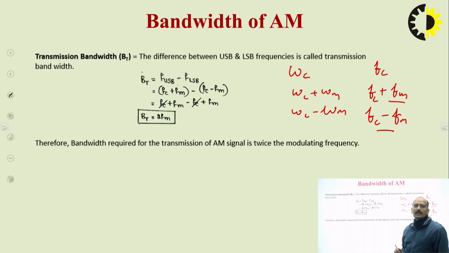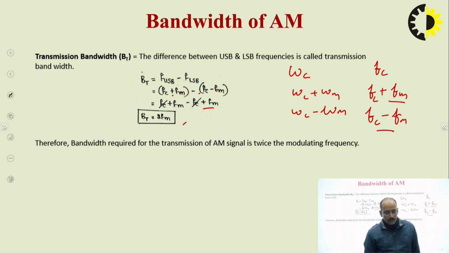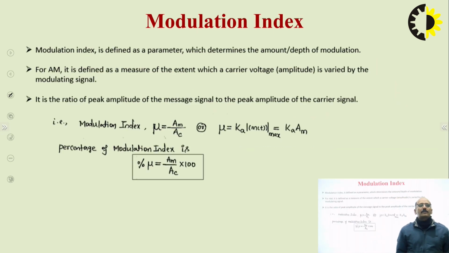So to find out the bandwidth, we subtract the second from the first, that is FC plus FM minus FC minus FM, and we will get twice of FM, and that is the bandwidth of AM. Similarly, we are going to discuss the modulation index. Whenever we want to know the amount of modulation, that is basically defined